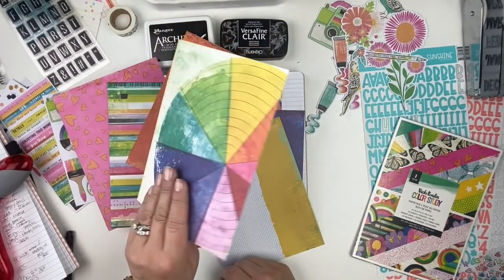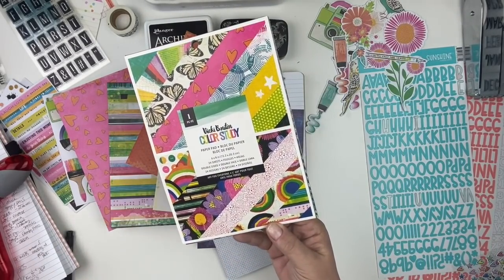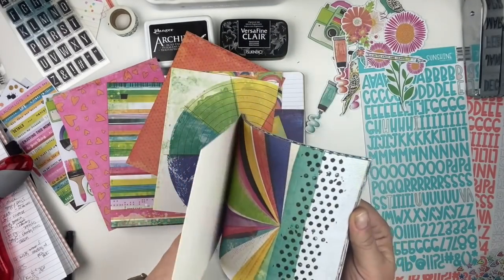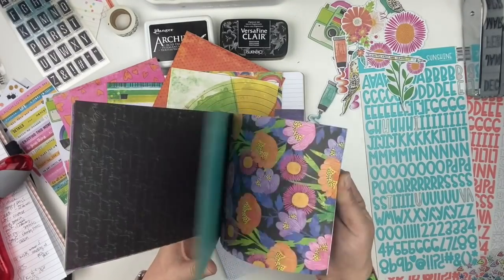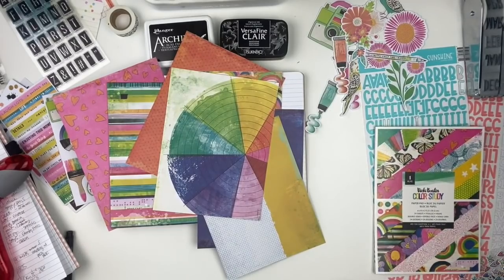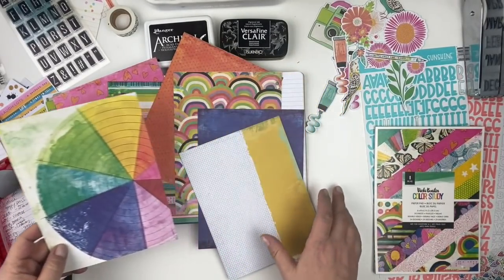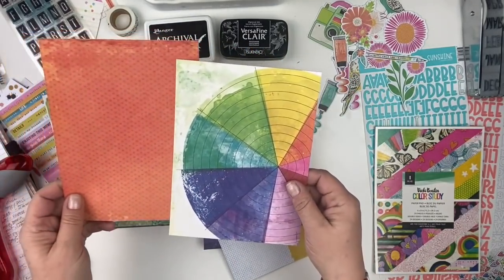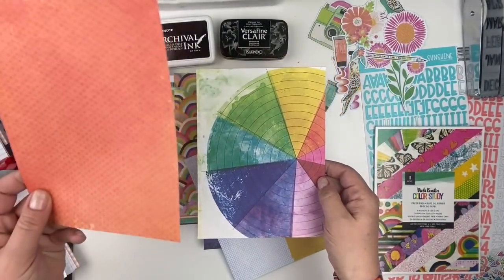So in this one, you have 24 sheets, but they are double-sided. So you end up with, I think, 24 patterns because the patterns repeat. So you have 2 sheets each of 12 different designs, but double-sided. So you actually get 24 different designs, if that makes sense. So I was like, oh my gosh, how do I choose to use the A or the B side? So in this case, it's nice to have 2 of each because I can take advantage of the A side